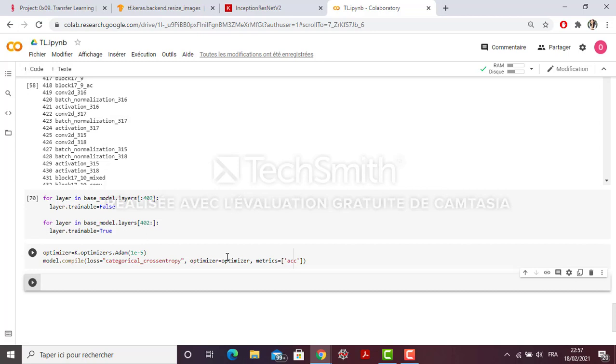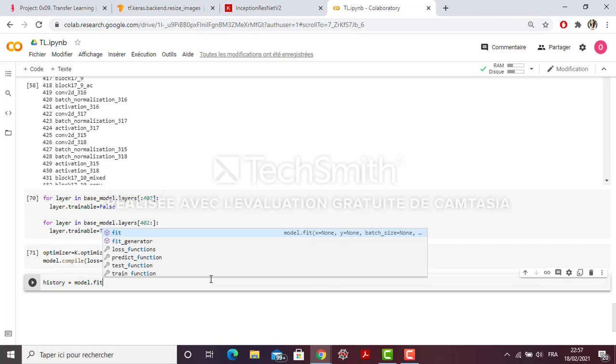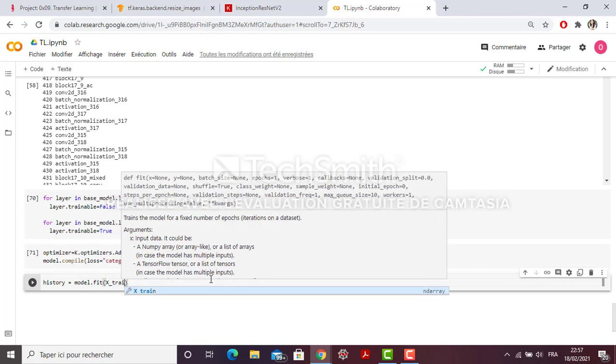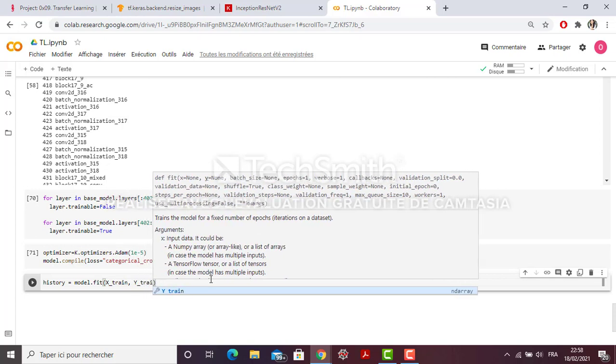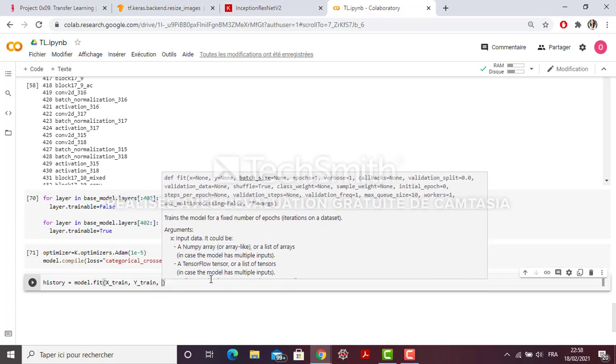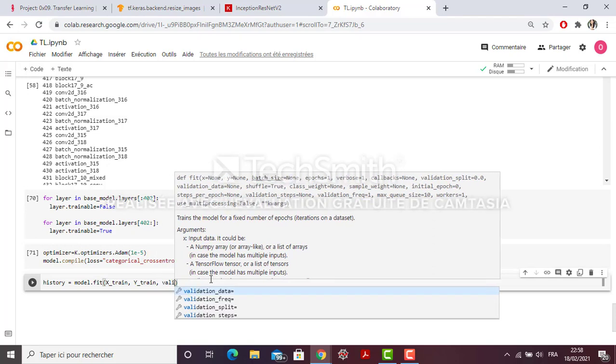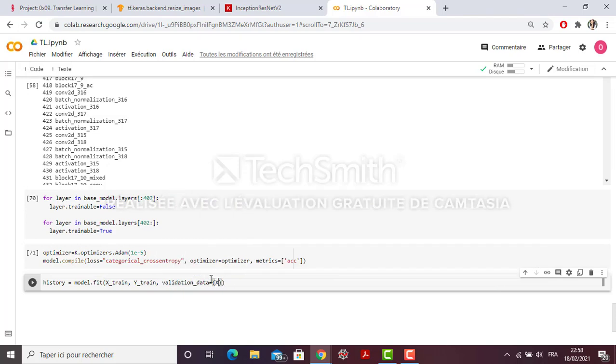Okay, so the last step will be to fit the model. Let's call it as usual history equals to model.fit. Okay, so we are going to put X-train, Y-train, and validation is going to be the X-test, Y-test.